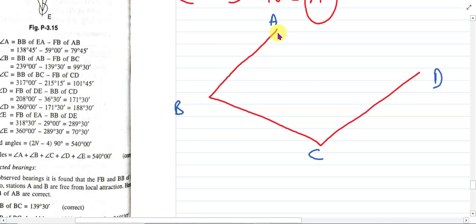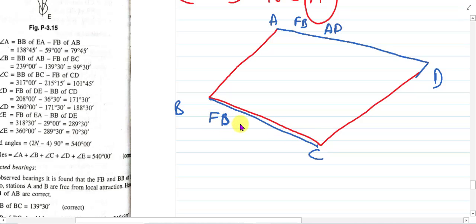जब आपने A से B assume करा कि सही वैल्यू है, तो बाय डिफॉल्ट फोर बेयरिंग AD की जो होगी, वो आप सही ले रहे हो, विच इज रिप्रेजेंटेड बाय ब्लू। एंड सिमिलरली B पॉइंट से C पॉइंट जब आप जा रहे हो, तो फोर बेयरिंग ऑफ BC भी आप सही ले रहे हो। अब इस फोर बेयरिंग को कन्वर्ट कर देता हूँ, इसे बैक बेयरिंग ऑफ DA लाइन ऐसे भी लिखा जा सकता है।